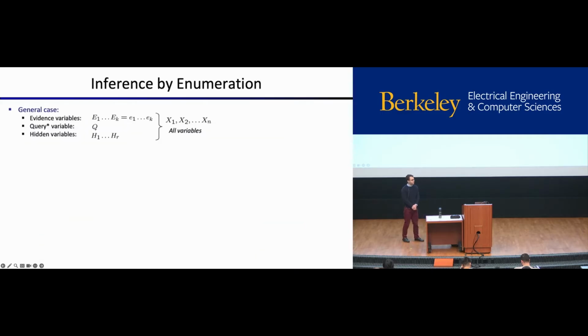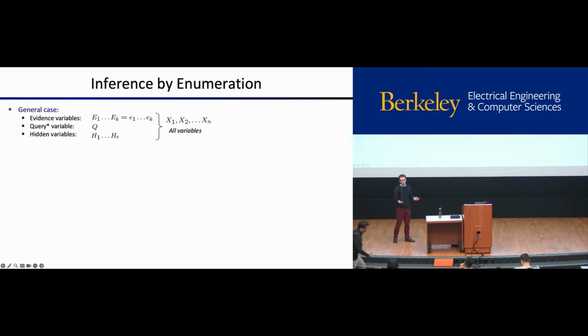And we've talked about this a few times now. There's one easy way that will always work of how we can get answers out of our probability models. In the general case, we have k different evidence variables. We have some query variable. It could be multiple query variables, like maybe we want the joint distribution over Pac-Man's location and the number of dots that remain, conditioned on some other evidence. So this could be multiple variables, but here I've just written it as one. And then there will be some number of hidden variables that we don't particularly care about because we can't really observe them.